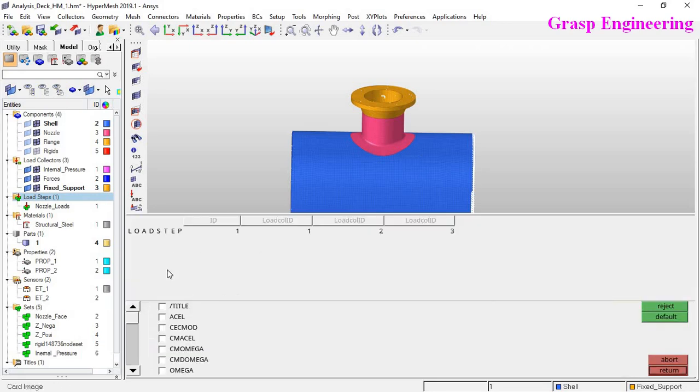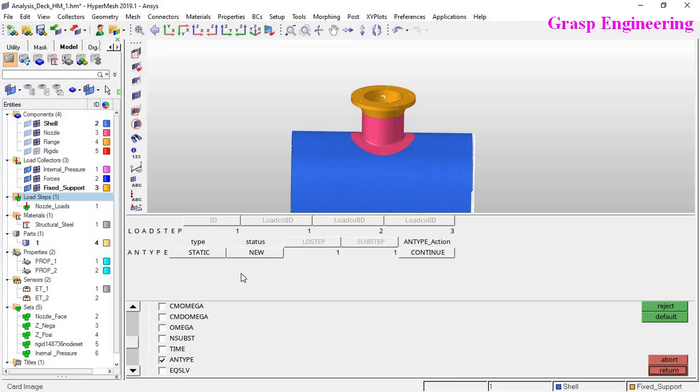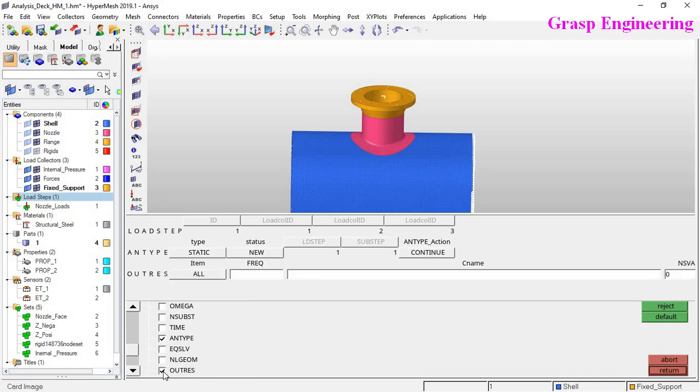Select edit. When you edit, you will find that there are further commands. If you have any acceleration for that respective load step, you can define it from here, or if you want to define the time step, you can define it from here. If you want a static structural analysis step, you can define it from here. If you want some output results, like stress, reactions and all these things, you can extract them from here. We will do that with the help of control cards.